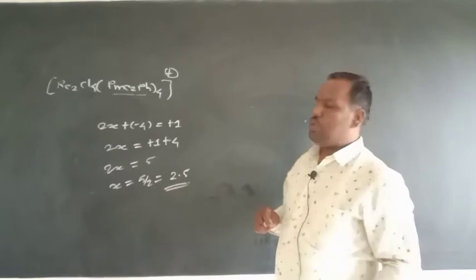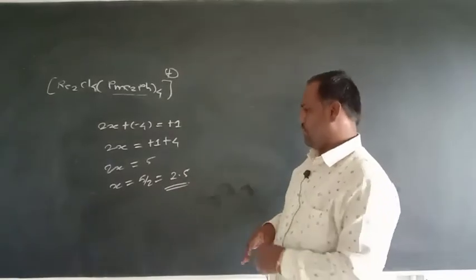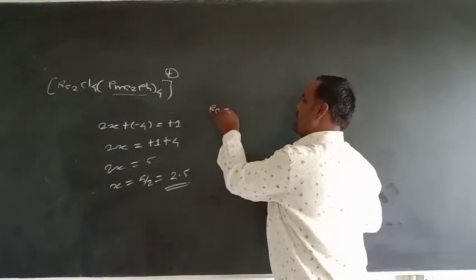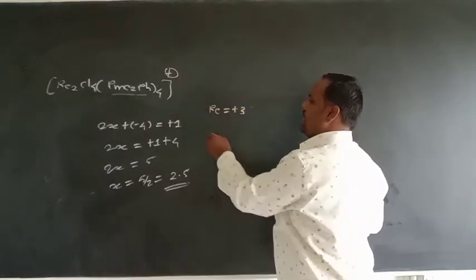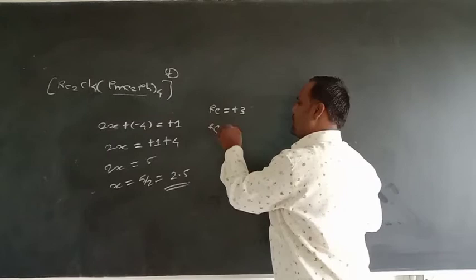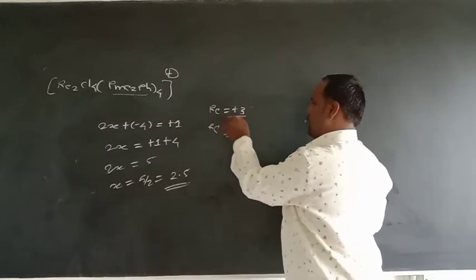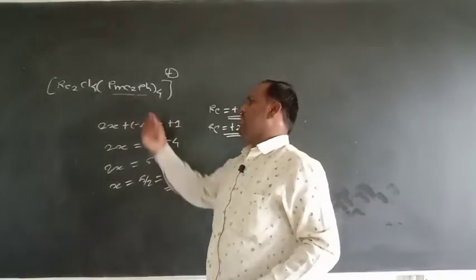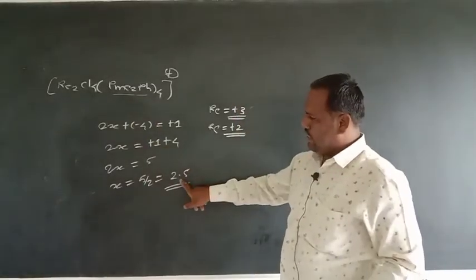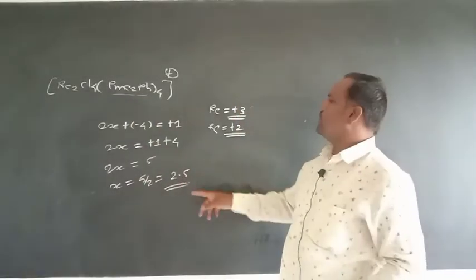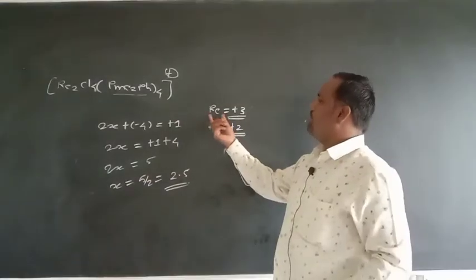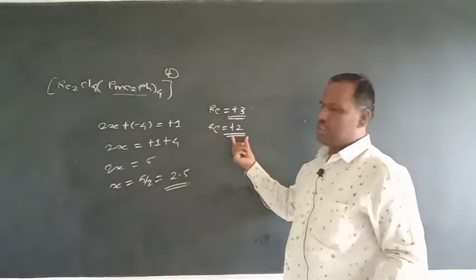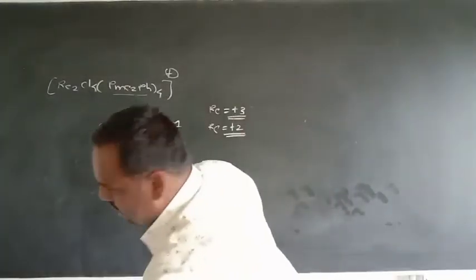To find out the bond order, we should consider one of the rhenium atoms in +3 oxidation state and another rhenium atom in +2 oxidation state. To find out the bond order of this complex, you should not consider the oxidation state 2.5. You should consider one of the rhenium in +3 oxidation state while another rhenium is in +2 oxidation state. So if you consider the electronic configuration,